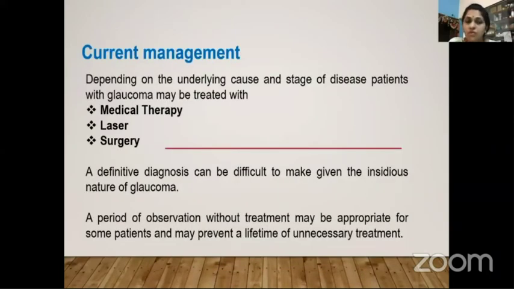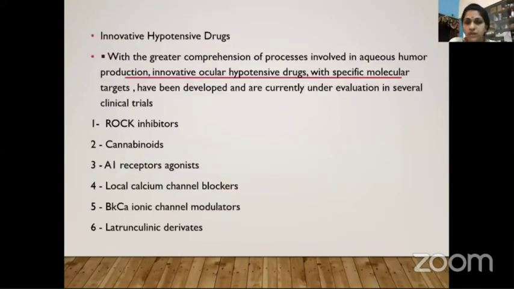Current treatment of glaucoma is divided into 3 main categories. One is a medical management, next is a laser, and then is a surgery. Definitive diagnosis can be difficult to make given the insidious nature of this disease. A period of observation without any treatment also is quite appropriate because otherwise you would be putting the patient on unnecessary lifetime treatment. There are many medical management new drugs which are in trial and some are in the market